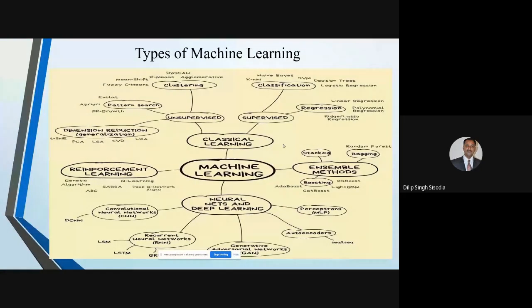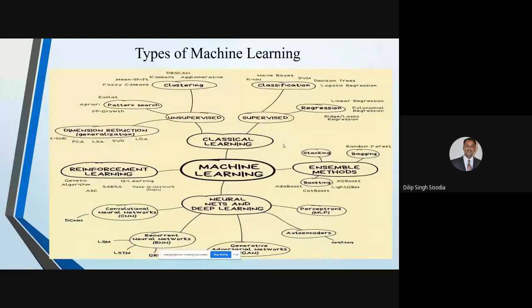In dimension reduction, a group of features will be substituted, in PCA. So PCA will represent, in place of 10 features, these 10 features by some component, a principal component. So it will find out the component. Just suppose we have 100 features and we have given input that we want only 10 components. So these 100 features will be represented by these 10 components only. These 10 components are equivalent to these 100 features. So this is dimension reduction. Feature selection is different, dimension reduction is different.